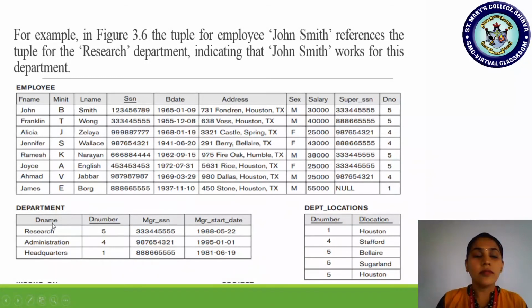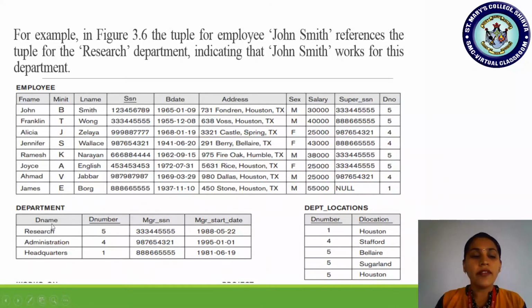So observe the department relation below. What attributes are found in department? Department name, department number, manager SSN and manager start date. Now check whether you have department number 5 in the department relation. Yes, you have department number 5, department number 4 and department number 1.